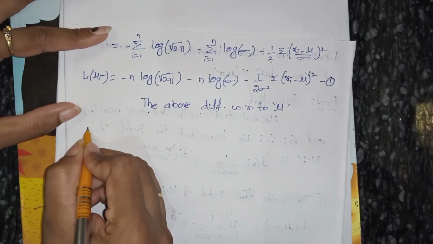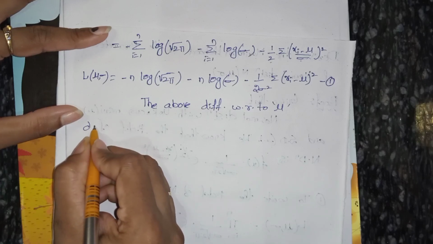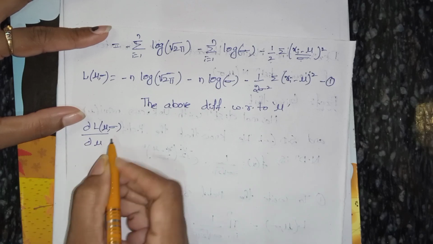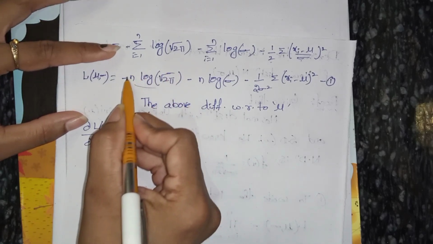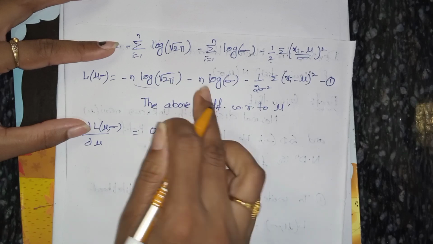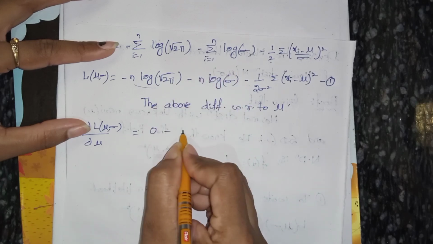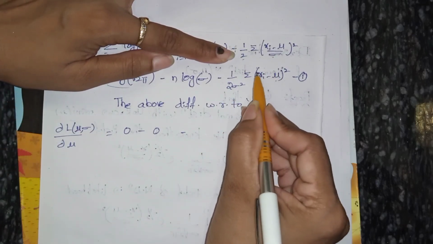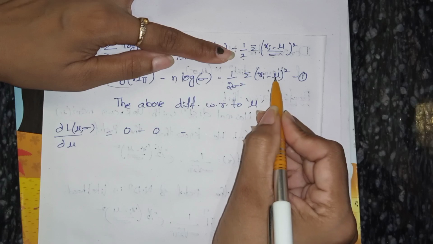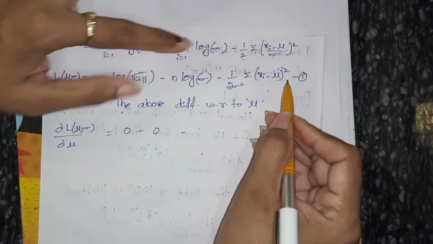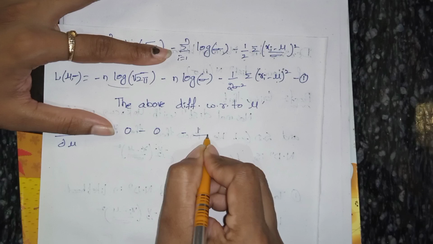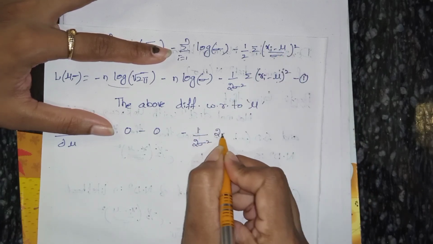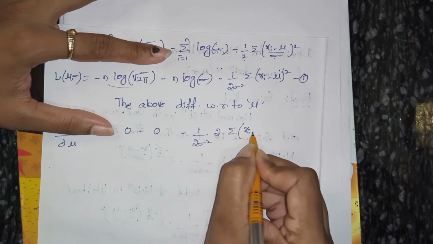So, dou L(mu, sigma) by dou mu equals, here the mu term is not there, so we keep 0, and here also the mu term is not there, so again 0. Minus, here the mu term is there, in the form of x square. What is the derivative of x square? 2x, isn't it? This is constant, so 1 by 2 sigma square, 2 into summation (xi minus mu),